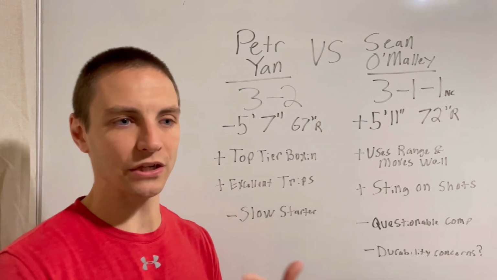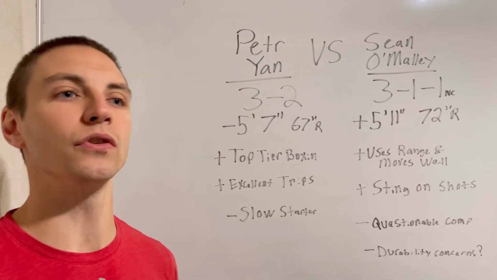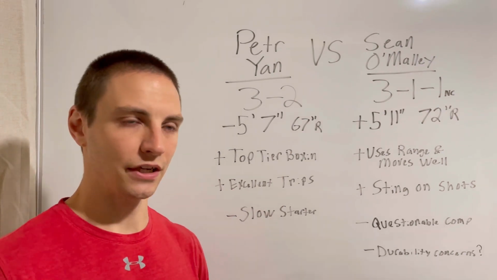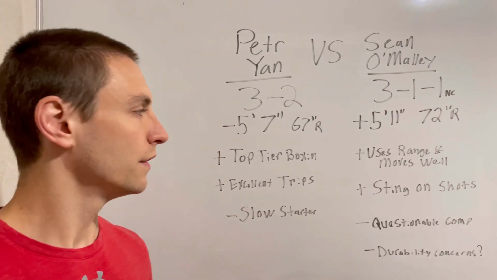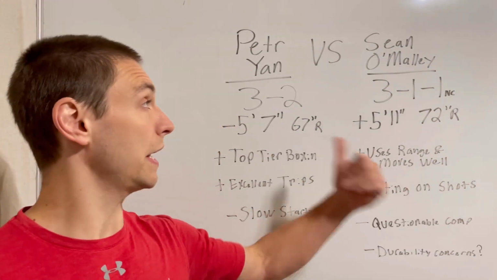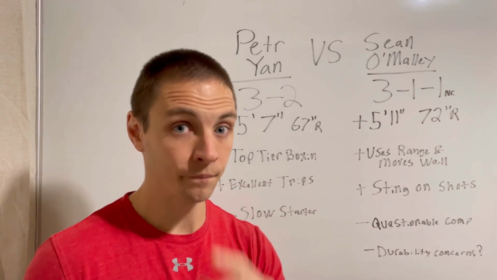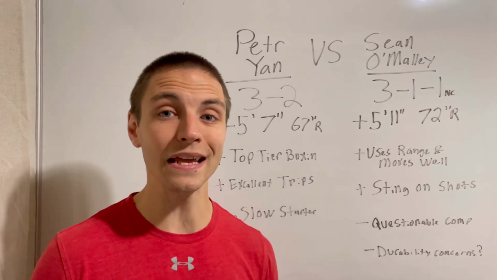That range might change some because we have to factor in legs. Obviously, O'Malley's got that long rangey front kick that he uses, and if he decides to use that, instead of it being a 5-inch reach advantage, it changes it some, and O'Malley can obviously use that distance a little bit more. Either way, O'Malley's going to be able to hit Yan much quicker than Yan's going to be able to hit O'Malley. However, that does not mean that O'Malley's going to win the striking necessarily, because Petr Yan is a